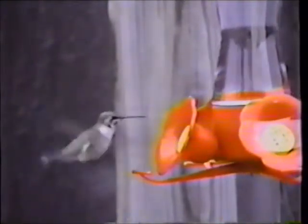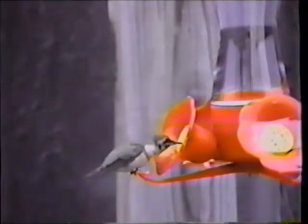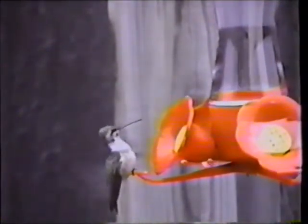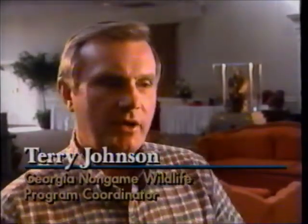You don't have to be a bird watcher to help increase the hummingbird population. Nationwide, experts estimate that this fluttering bird's population is declining at a rate of about 1% per year. The thing is that we in Georgia don't know exactly what's happening with our hummingbird populations. So we're trying to do a hummingbird helper survey to determine the status of hummingbird populations in